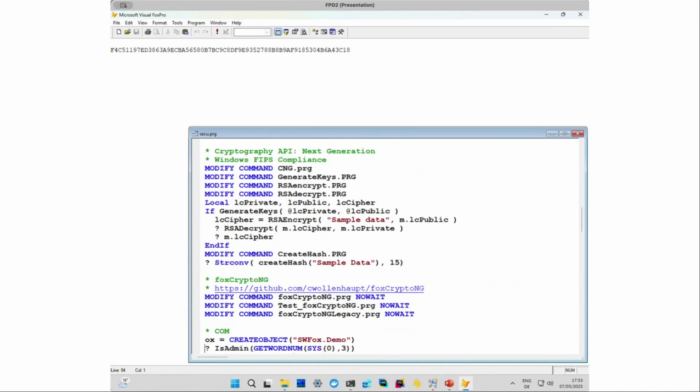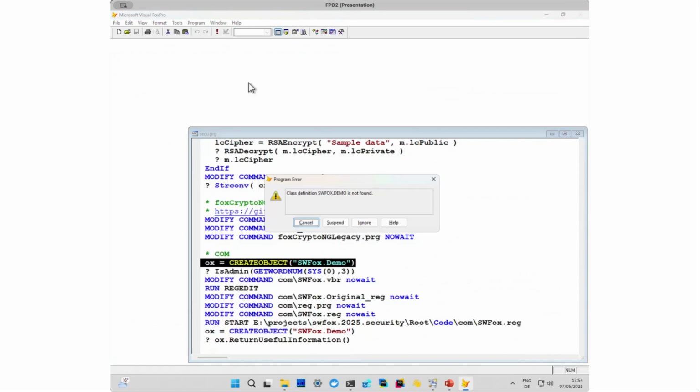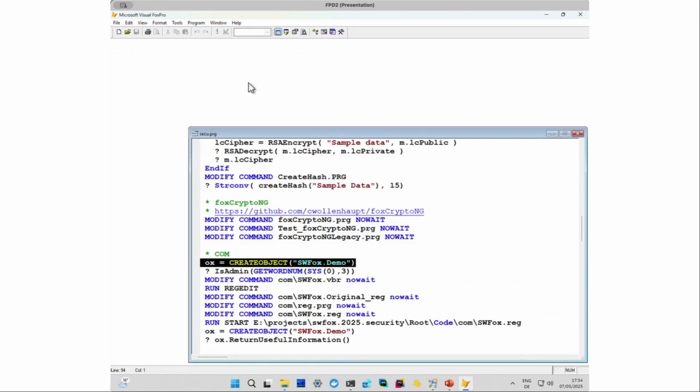Okay. Let's go back to COM. So on this machine, I do have a COM object, but it's not registered. So if I run this code, obviously the class definition is not found. I'm also, as I shouldn't be, not an administrator. So right now, if I run this application, I need this COM object. There's no way I can install it because I can't access the registry. The information that we need